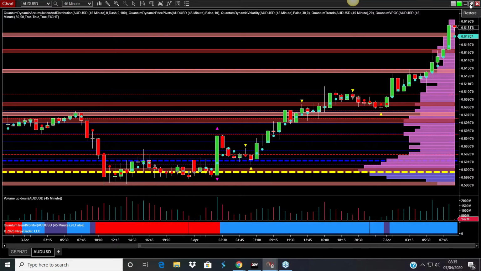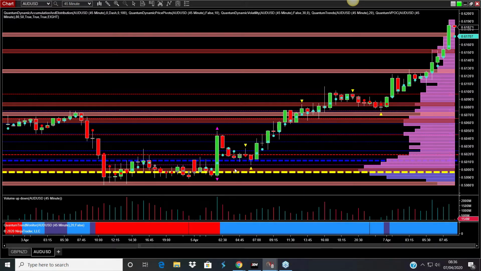But again, I'm looking at what I'm seeing here in the context of what is happening on the daily chart. This pair is moving in a really nice trend. It's moved off the volume point of control on my daily chart. It looks like it wants to break higher, and it wants to break higher because of all the things that are happening in the rest of the market.